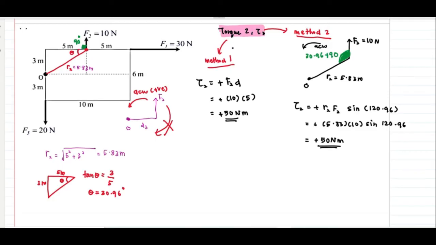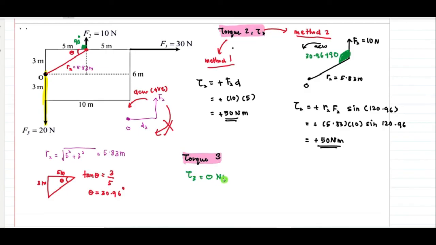Okay, dan untuk force yang ketiga, kita nak kira torque 3. Torque 3 ni senang sikit. Kenapa saya kata senang? Awak tengok dulu dekat sini. Torque 3. Bila kita extendkan the line of the force F3, kita akan nampak dia terus terkena pada pivot point. And always remember, force that exerted on a pivot, the value of torque is automatically equal